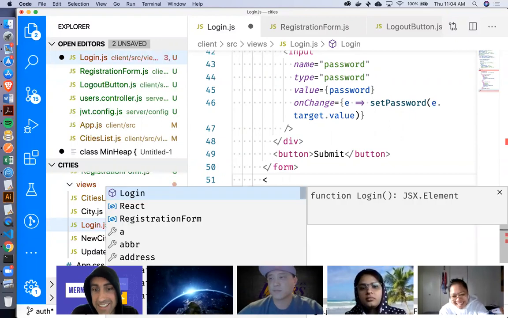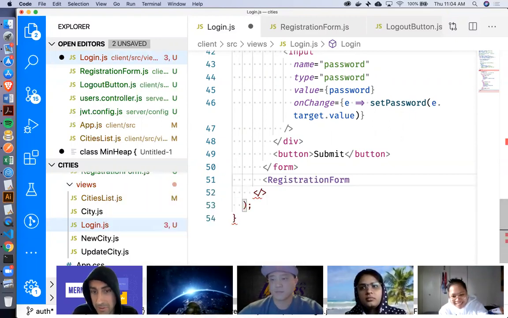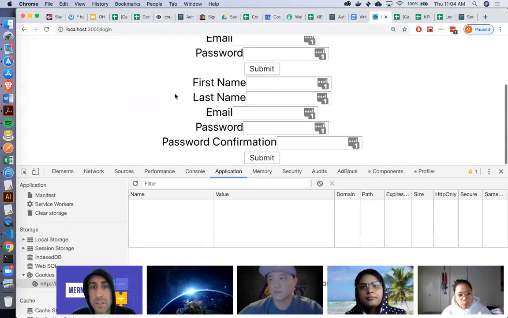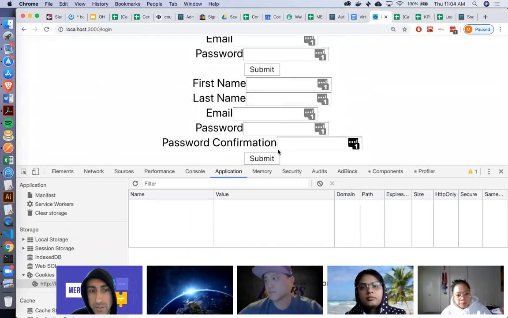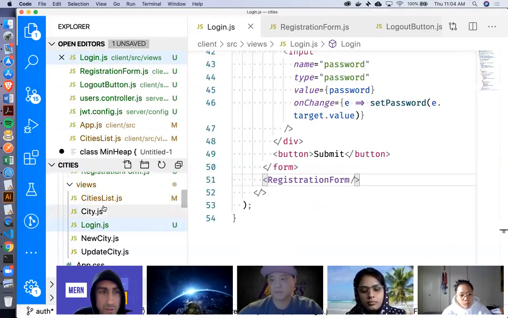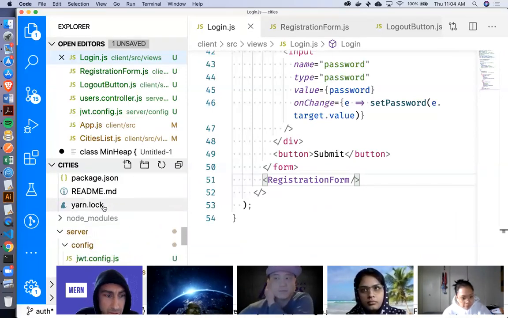Yeah, CSS, exactly. Registration form. All right, so we'll just put it underneath for now. And now we're seeing this down here. So that's pretty solid. Open up my network tab. There's one other thing that we're going to need to do on the back end just to make this work. So let's see here. Server,